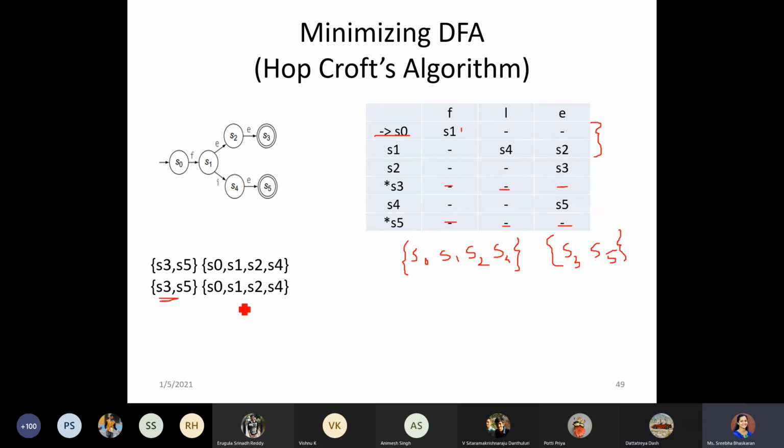So it is clearly understood that we cannot combine S0 with S2. It has to be split. So when we have to split, S0, S1 were already together, so we can keep them together. But S2 will not go with S0, so that means it will not go with S1 also. So we are splitting S2 from that particular group. So it is split into 2. So it is always a binary split that would be happening.